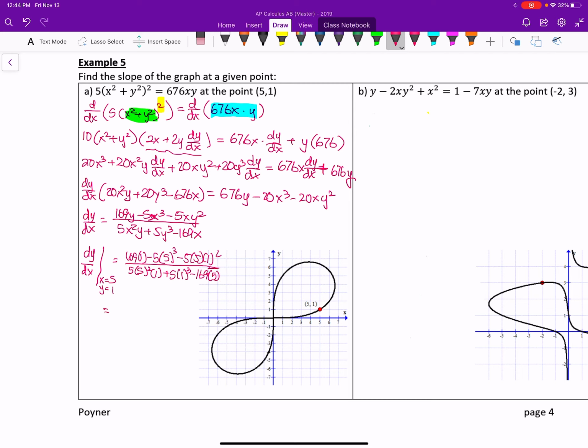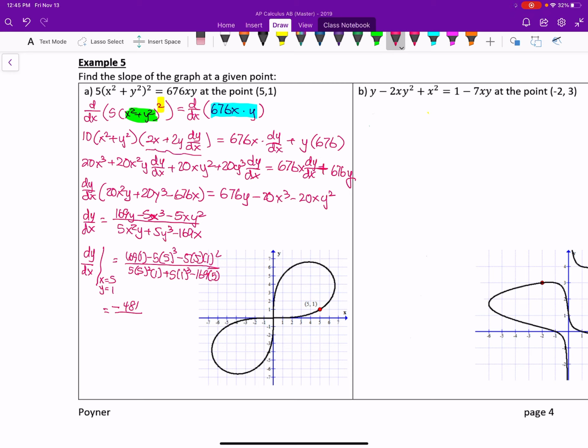And once you do all of the arithmetic, let's see, in the numerator, we should be getting 169 minus 625, minus 25, I think. Okay, that's negative 481 over, and then we get 125